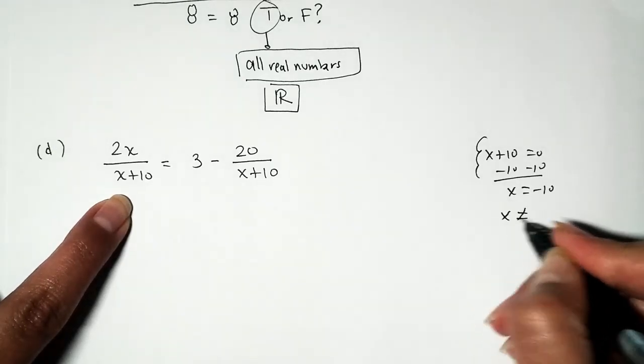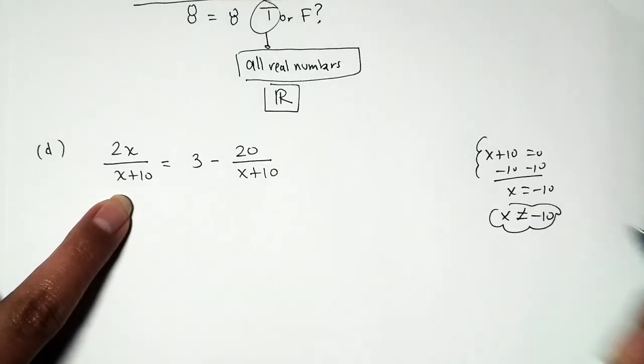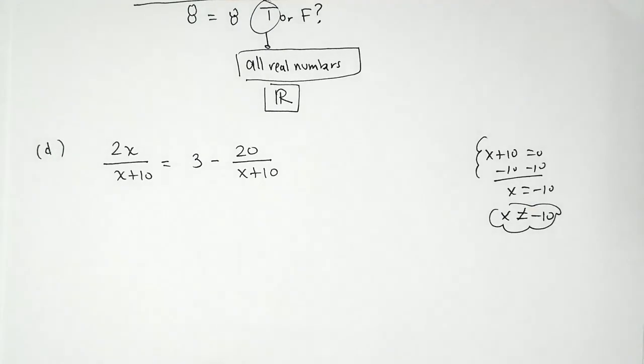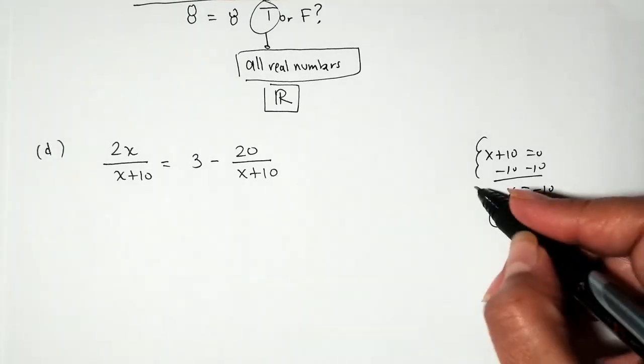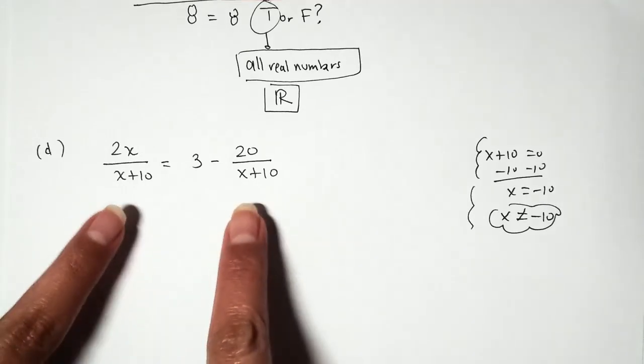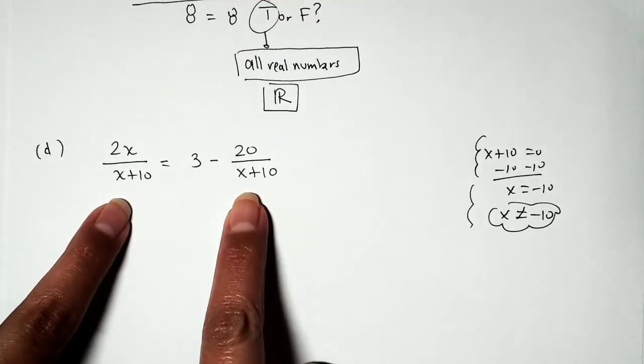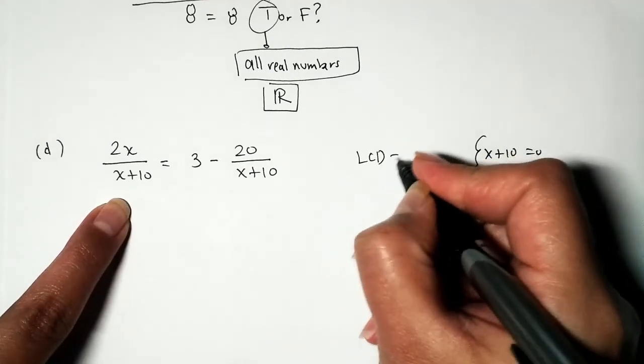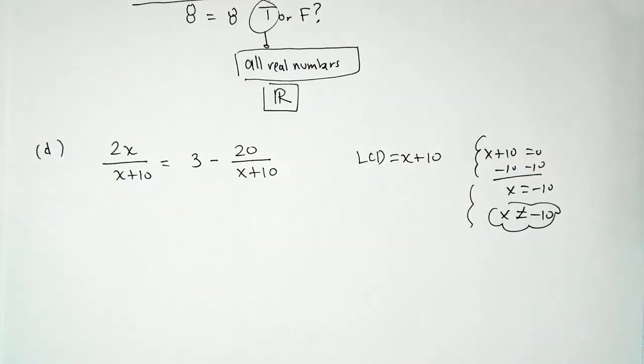We don't have time to write all those words, so we'll just write x does not equal negative 10. The next denominator is the same, so there's no need for an instant replay. All right, cool. So now the next question that I get is this: do we really have to wipe out the fractions? You don't, but if you know me, you know I am. The LCD, in this case, the denominators are the same, so the LCD is just that same denominator that is recycled. So let's go ahead, try to wipe out the fractions by multiplying both sides by the common denominator just